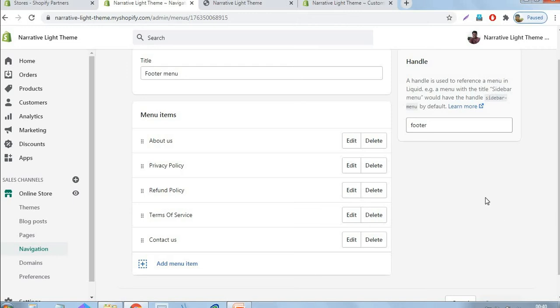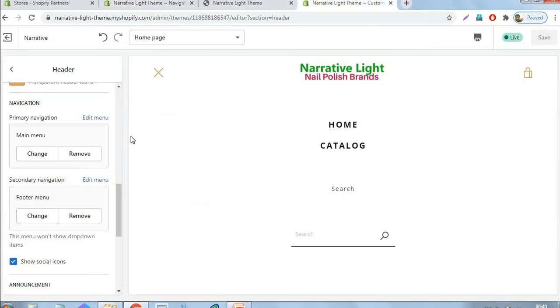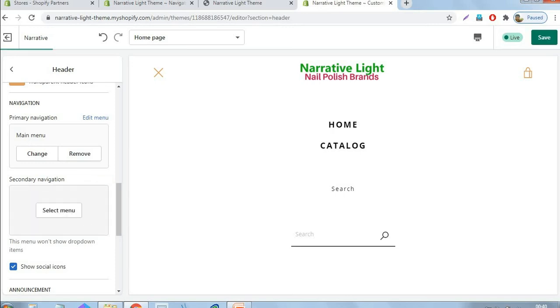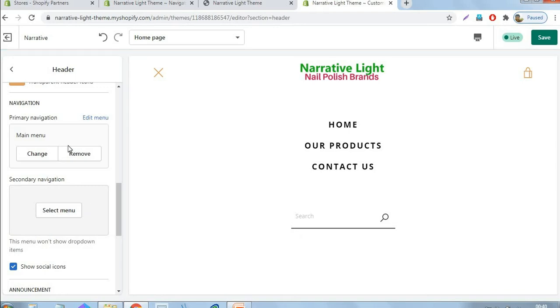Now we have completed the navigation work. We are ready to start the optimization, the theme settings and the front page optimization. Okay, the primary navigation is a main menu. The secondary navigation we don't need, so we will remove that. Okay, the primary menu is enough. Then we put a search option here.